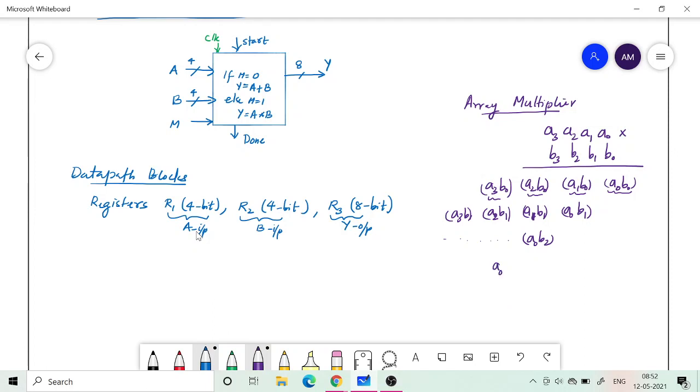I insist on that order: A0, B3, and similarly A1, B3, etc. All these product terms you can generate with the AND gates. So how many 2-input AND gates are required? You need 16 AND gates with 2 inputs each, 4 in each row. So that you can easily implement.